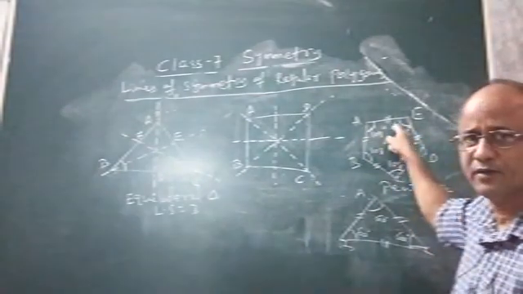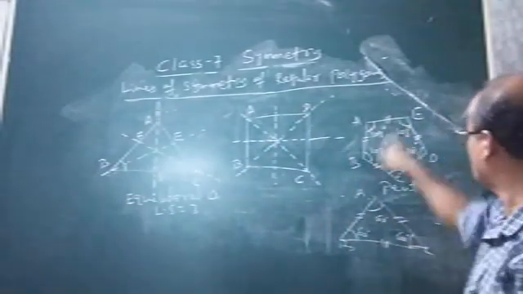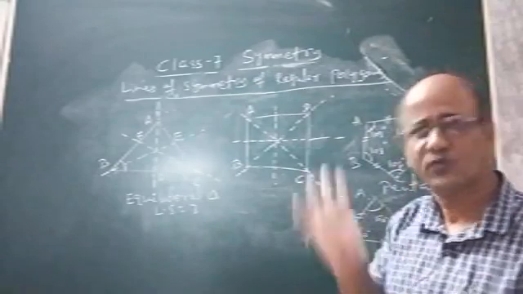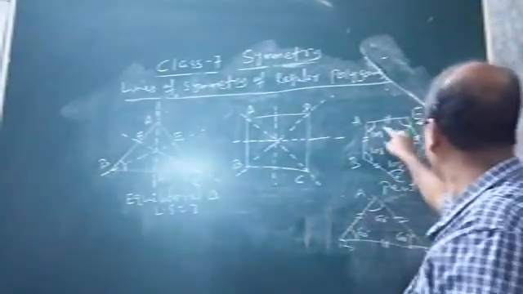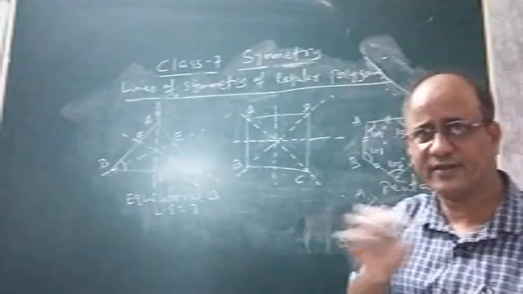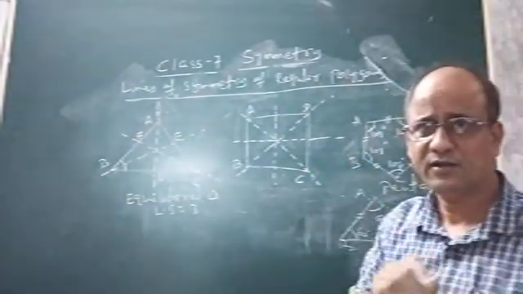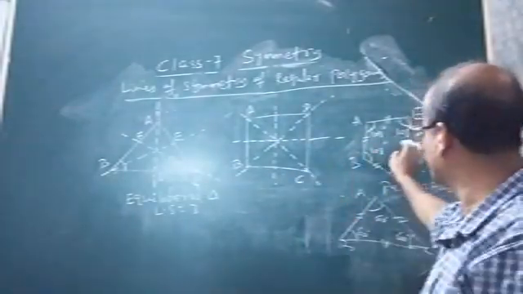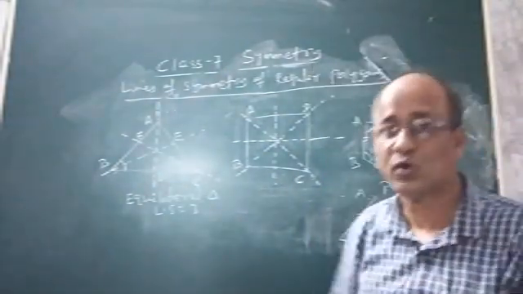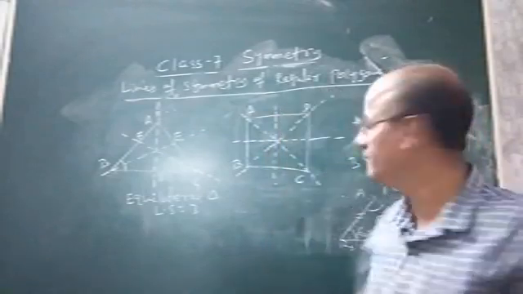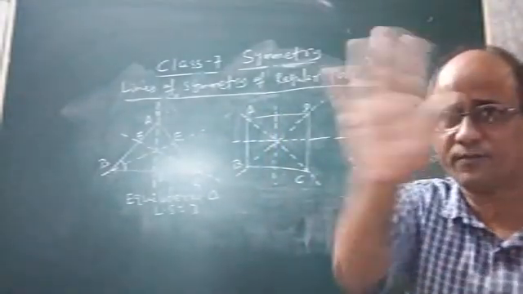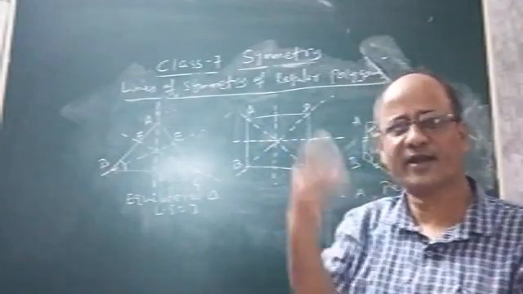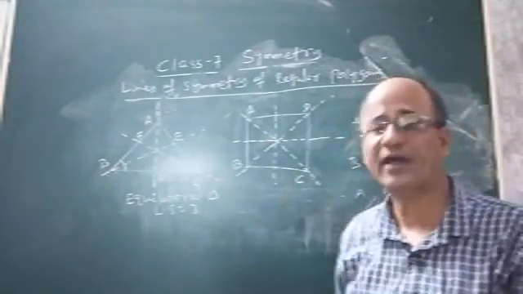Here is the regular pentagon ABCDE. Why is it regular? Because all five sides are equal and each interior angle is 108 degrees. As each interior angle is the same and all the sides are of the same length, no doubt this pentagon is regular. Now you can easily verify that it has 5 lines of symmetry because its number of sides is 5. As it has 5 sides, it will have 5 lines of symmetry, and in a similar manner a regular hexagon has 6 sides, so it will have 6 lines of symmetry.